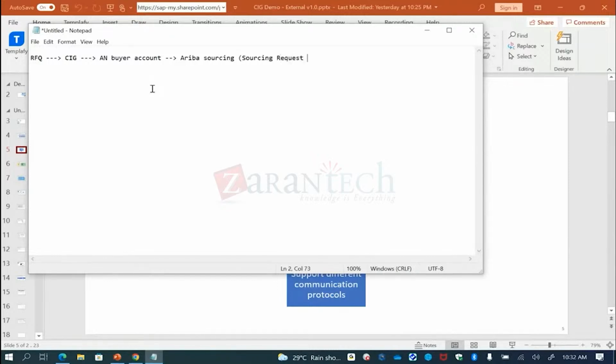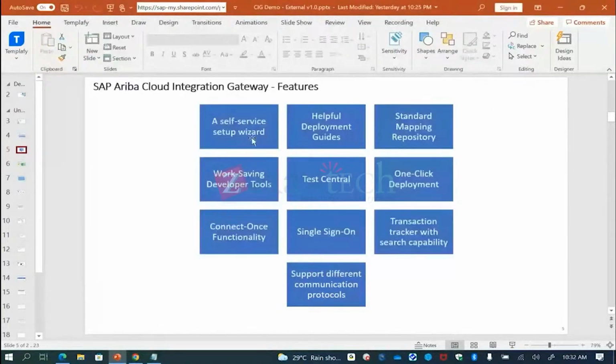Right. So again, it depends on interface to interface, and on scenario to scenario. You will see what exactly is coming, and how exactly the document is interfacing between Ariba and the ERP system. Okay. So why I was showing you the previous screen on Ariba CIG,